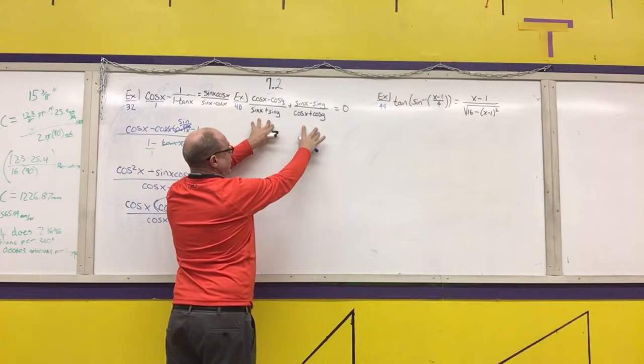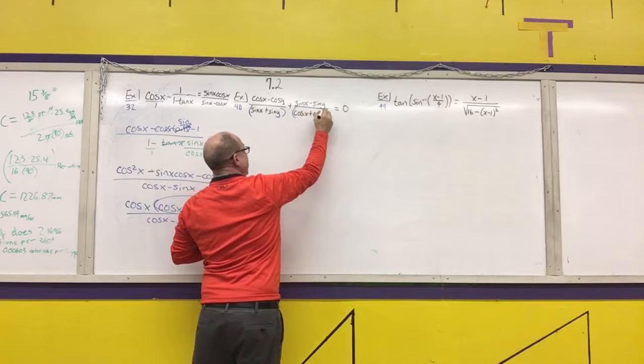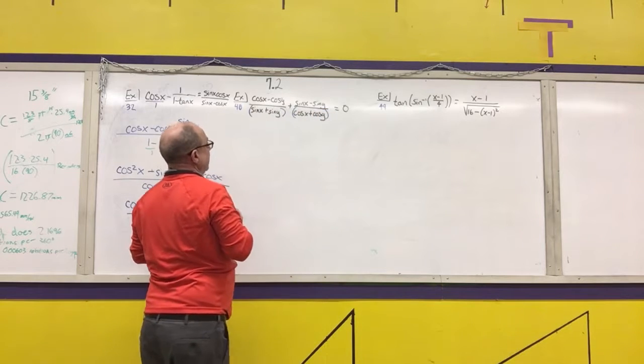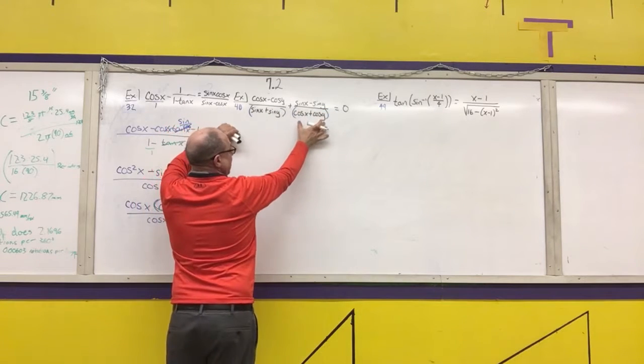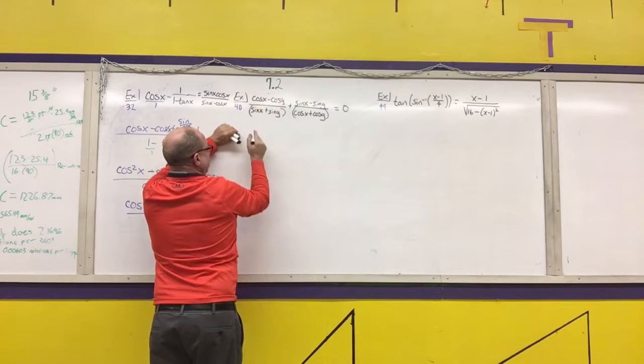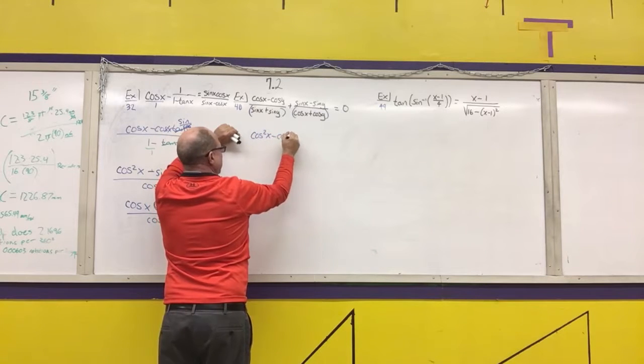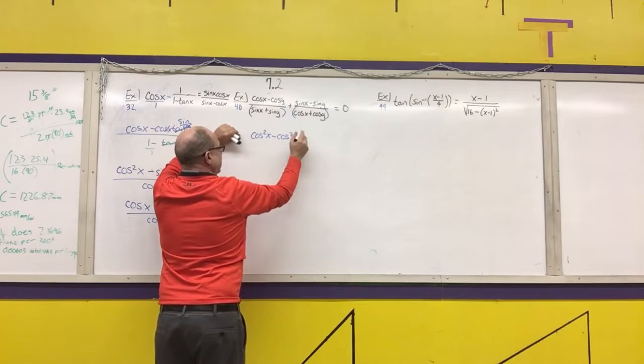Have a fraction, need to find its LCD. Well, the LCD is that denominator times that denominator. So notice, I'm going to need to multiply the left one by cosine x plus cosine y. That's a difference of squares pattern, which is going to give me cosine squared x minus cosine squared y, plus